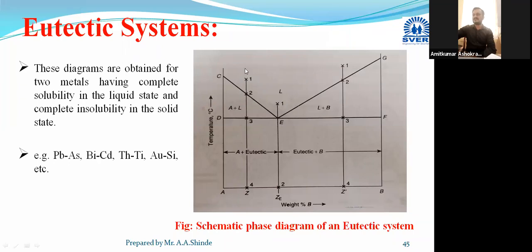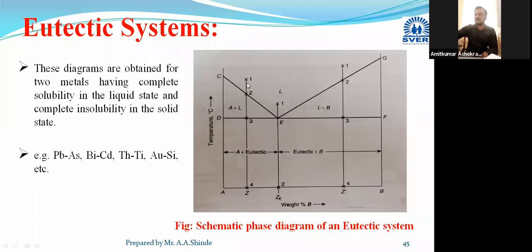This is the first cooling, the microstructural changes happening during the cooling of this alloy with Z% B. This is the composition of element B, Z%. You can consider X% B, Y% B, like that, anyone. This is an assumed value; just the region is important. In this region, we are considering one alloy and explaining its cooling from the liquid state to the solid state. During this cooling, we are going to draw the microstructural changes happening.